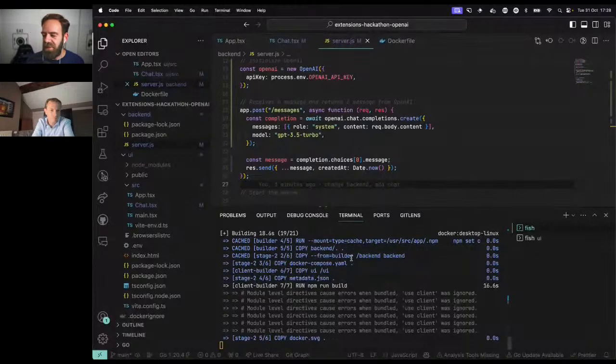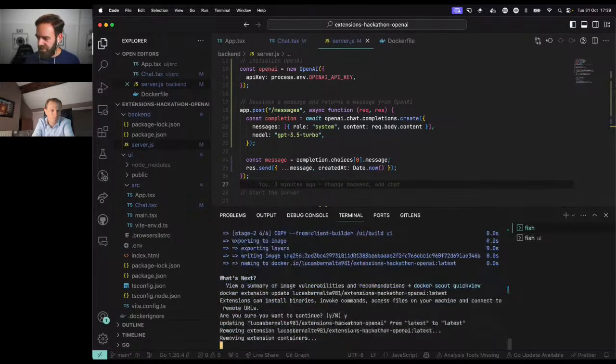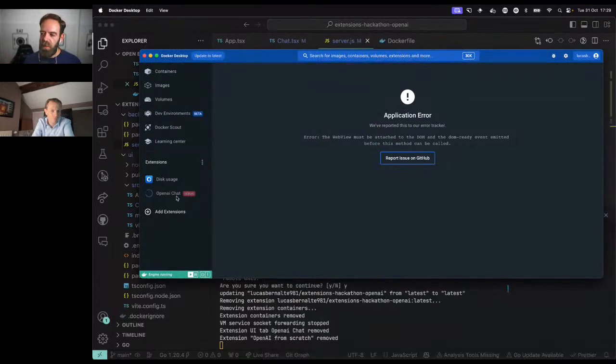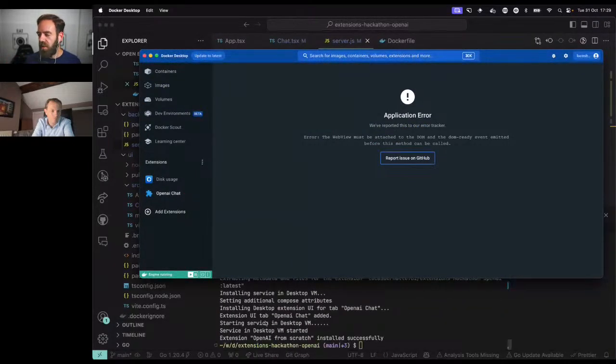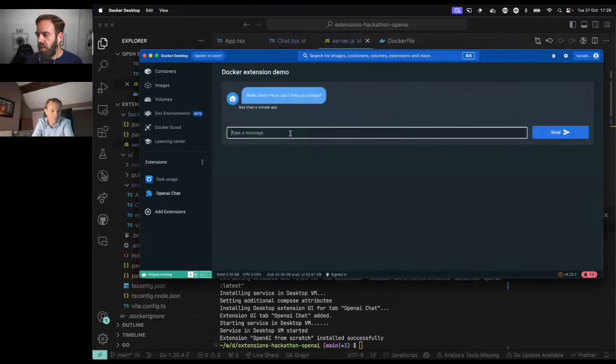Hopefully it doesn't take that long. And one other thing that will happen here is that we haven't tied together yet the update with the debug mode. So probably once it finishes installing, I need to set up the debug mode again. If you see Docker Desktop, this disappeared from it. So we can just go back and see if we type hello.